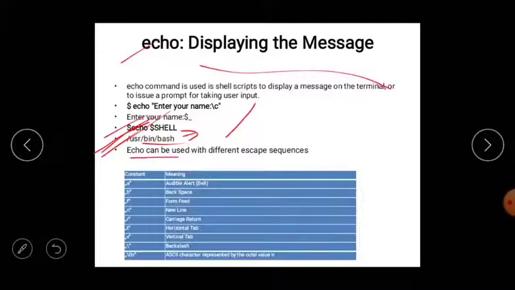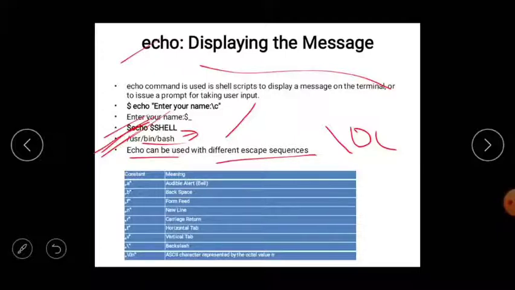echo can be used with different escape sequences. Okay, with echo we can use some different escape sequences like backslash a. We use backslash a, which gives an audible alert, meaning a sound will come.